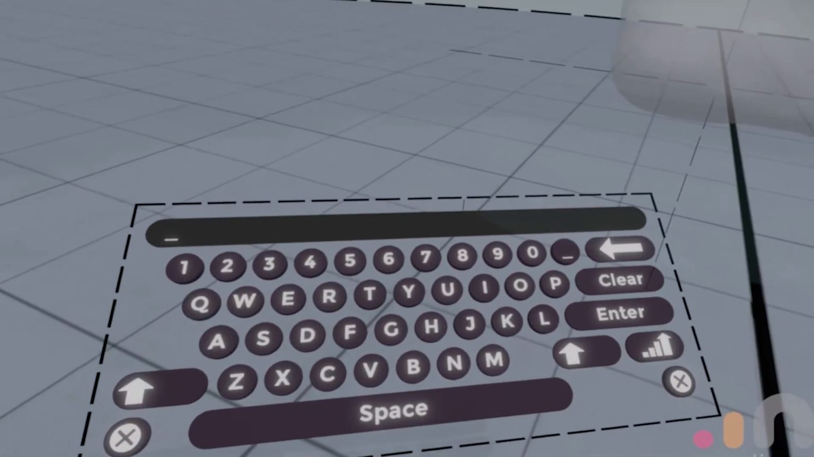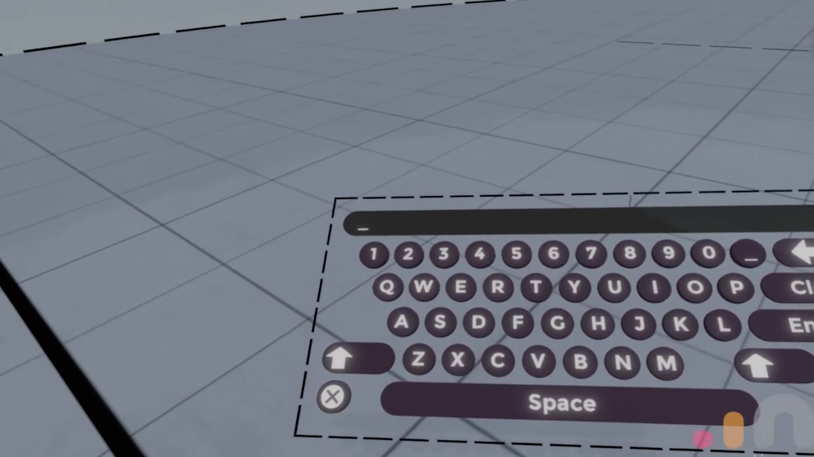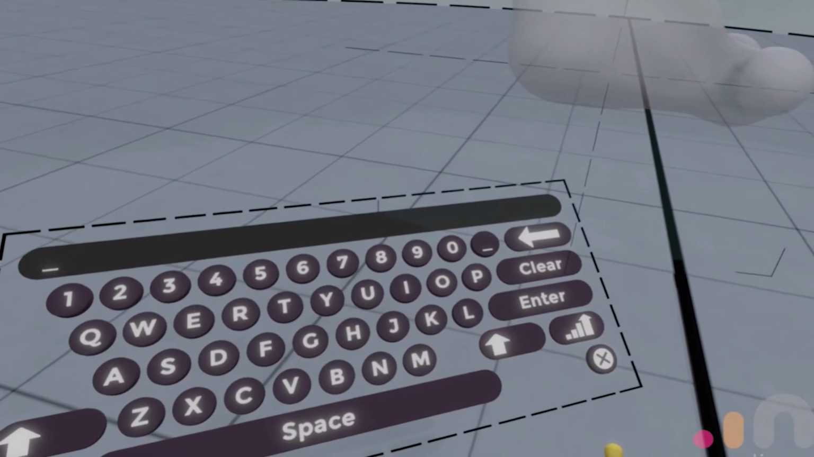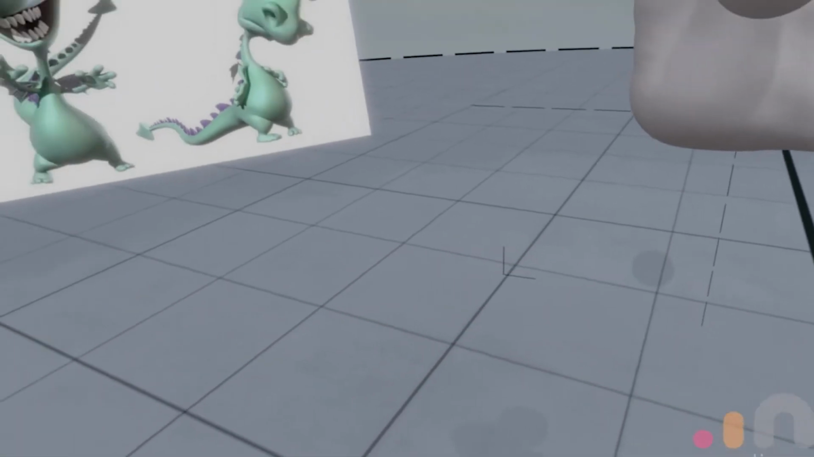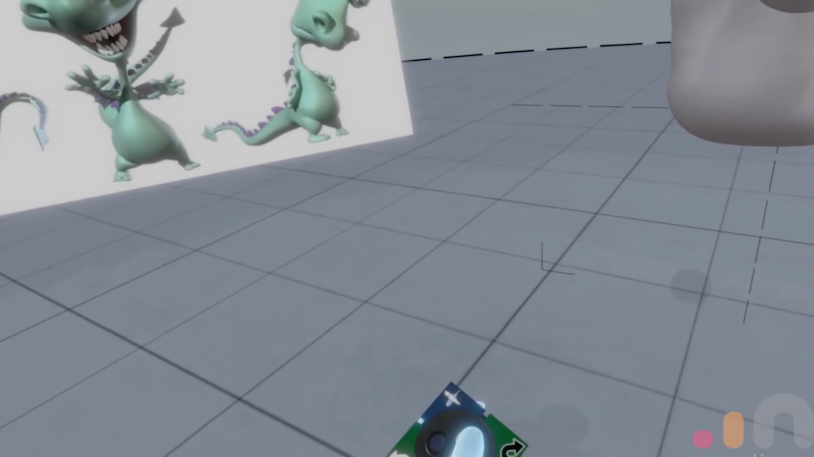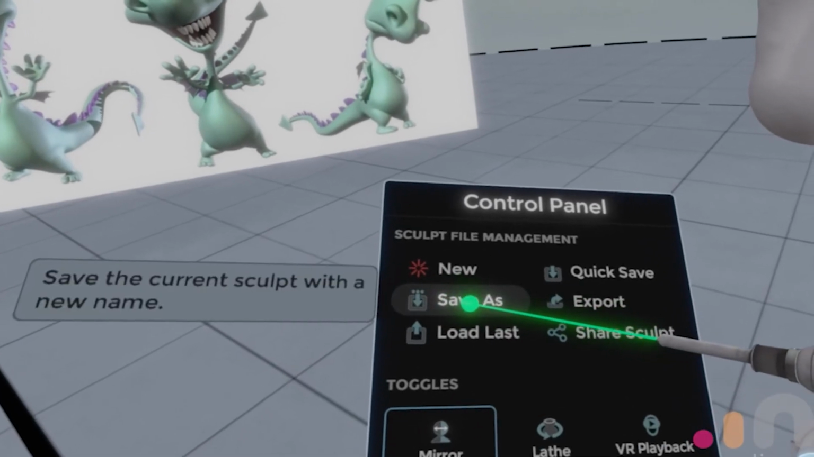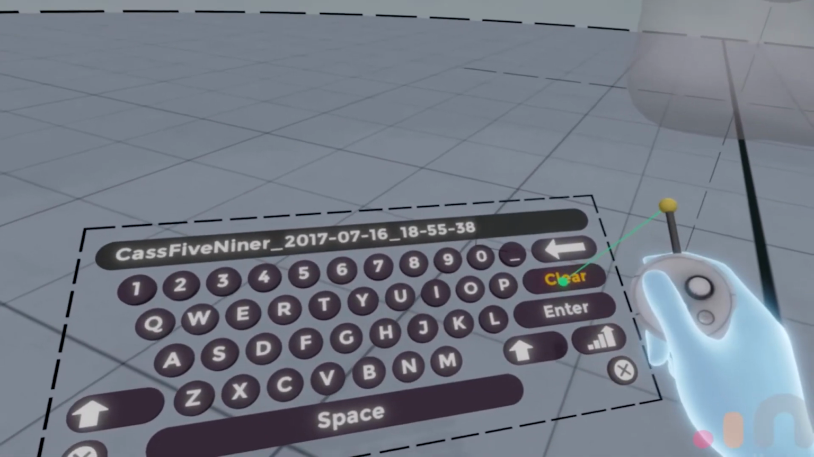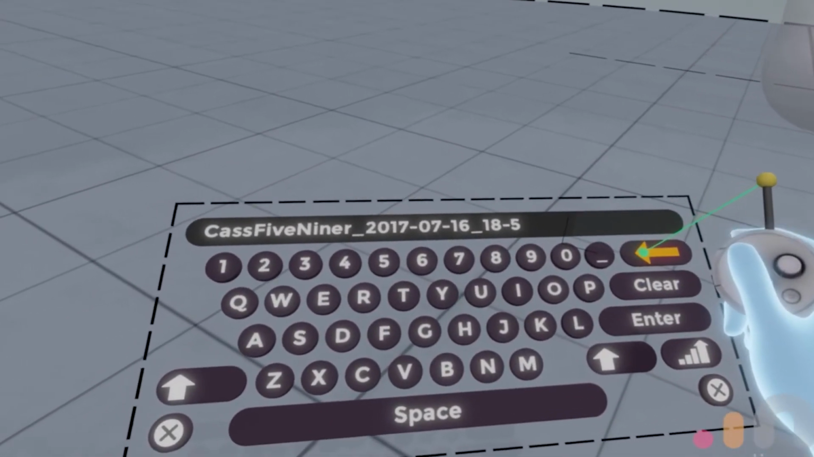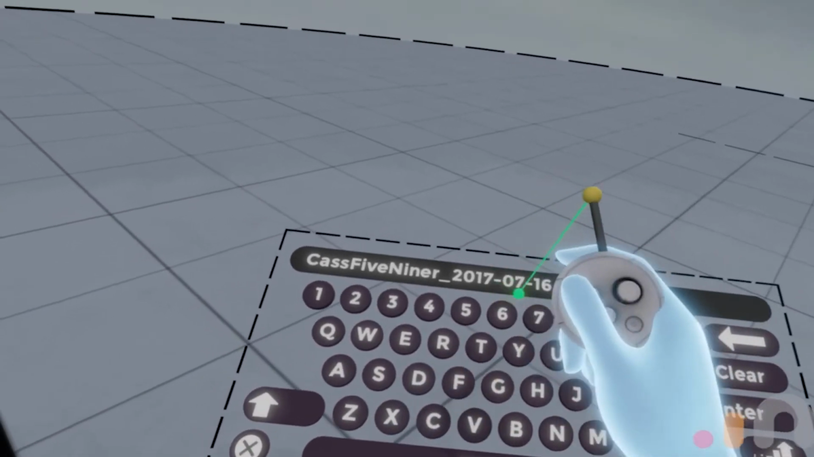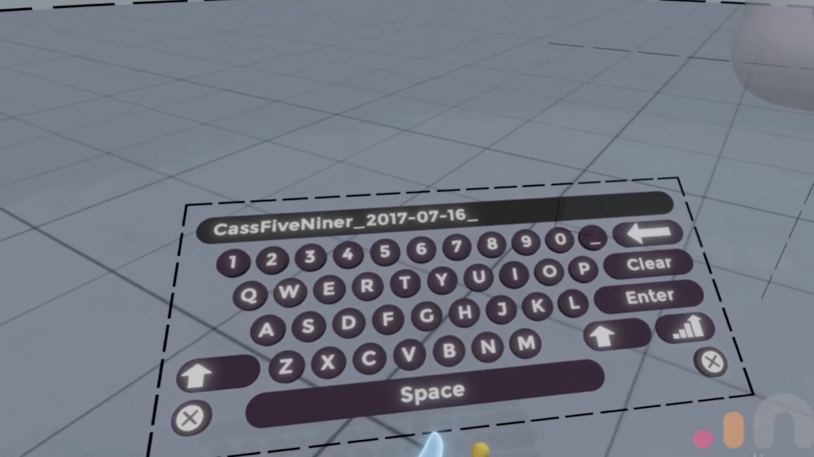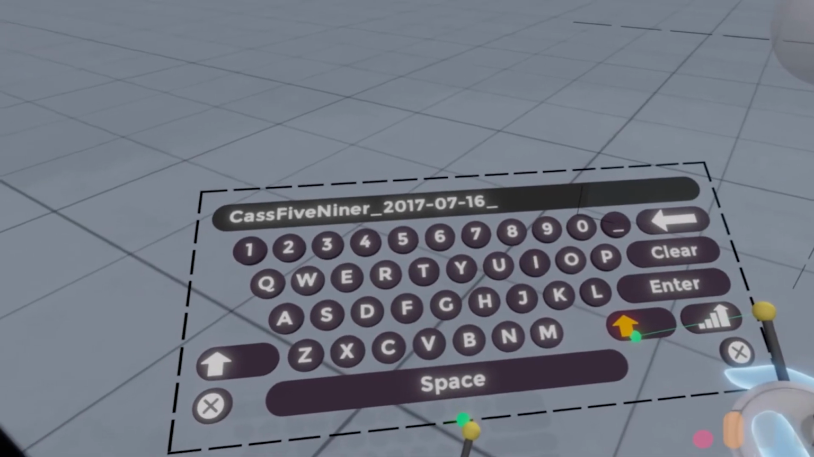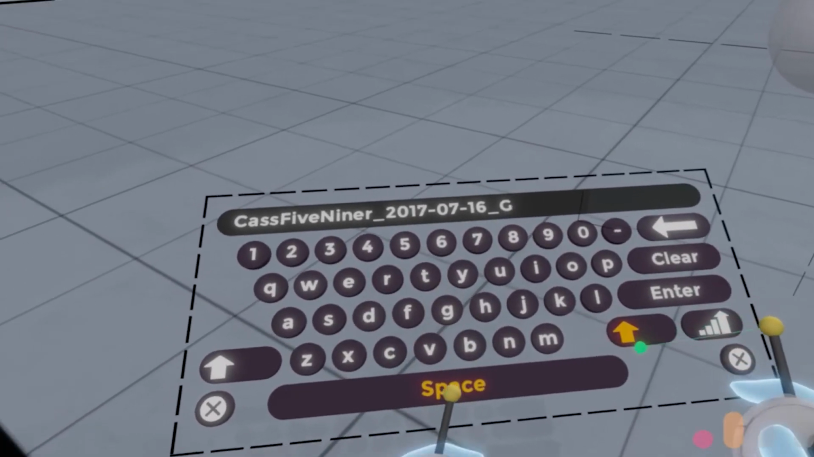Oh! I just wiped everything out. Let's just do another one. There we go. Back. I was going to keep the date. You know, it's kind of nifty to know when you worked on something. So, alright, Green